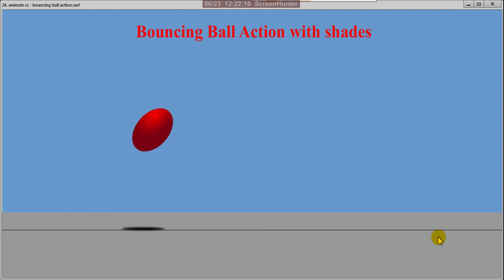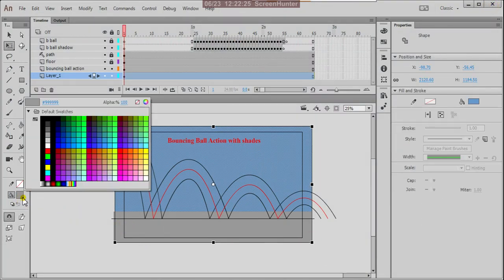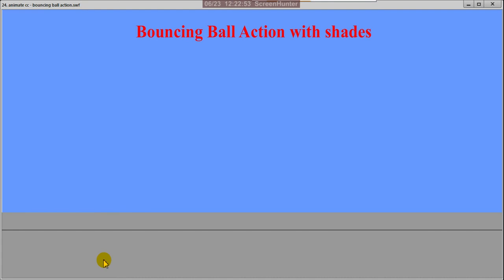Now this is good, but the blue, I want to change into another blue. Check how it looks, Control Enter. Yes, this is nice, good.